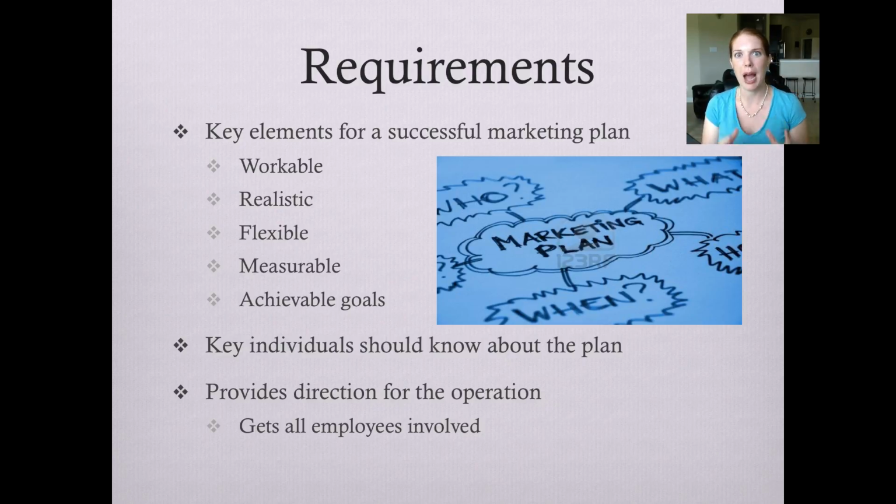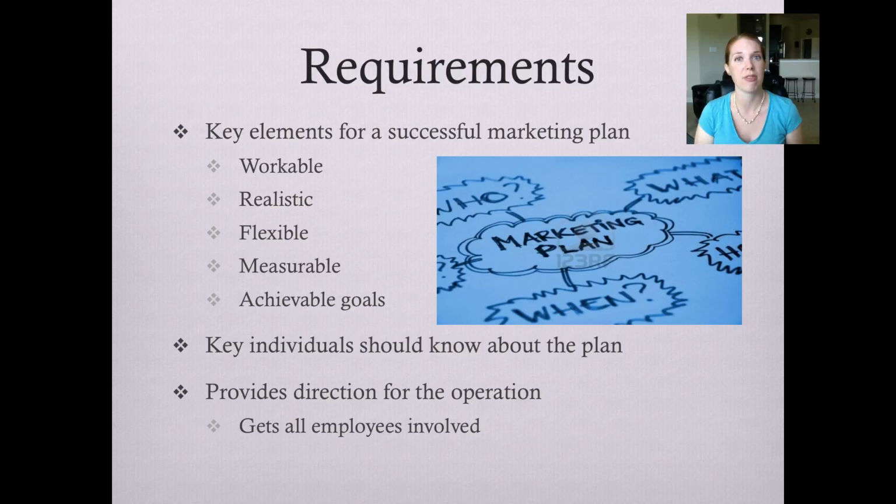Second, it has to be realistic. You have to have goals and plans that are achievable. You can't set something up that's impossible. You can't say something like, well, we want to be 100% occupancy year-round, if you've only been 50% occupancy. There's just no way you're going to accomplish that goal. We want to be considered the #1 restaurant in the entire Houston area on TripAdvisor, but we've been ranked number 375. You're not going to reach #1 within a year. It's just not possible, because of the way the numbers work, the way realistic ideas and goals work, that can't happen. So it has to be workable, it has to be realistic.